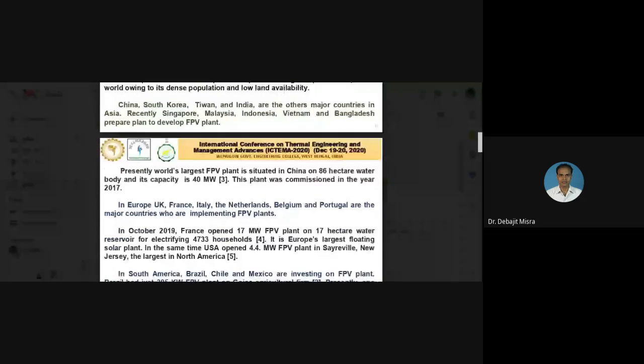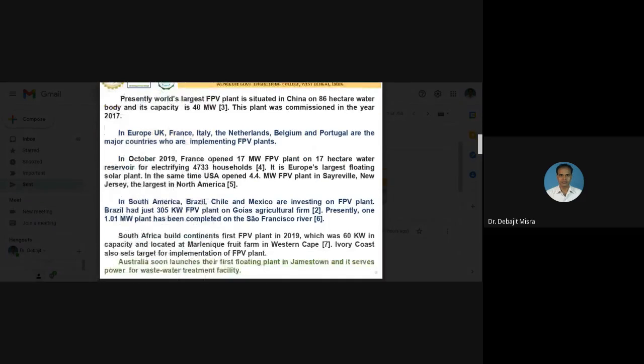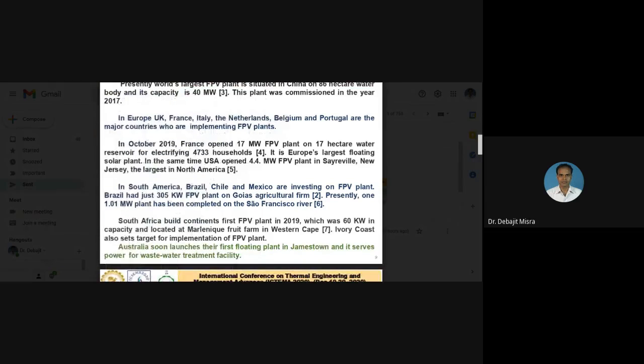Then in Europe, UK, France, Italy, Netherlands, Belgium, Portugal are the major countries. In October 2019, France opened its first floating plant of 17 megawatt capacity. At the same time, USA opened a 4.4 megawatt first floating plant in North America. Then America, Brazil, Chile,